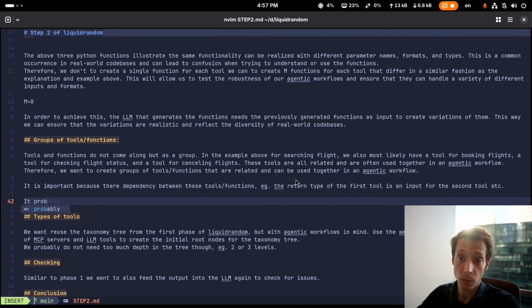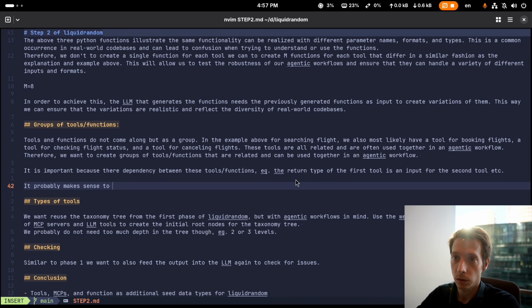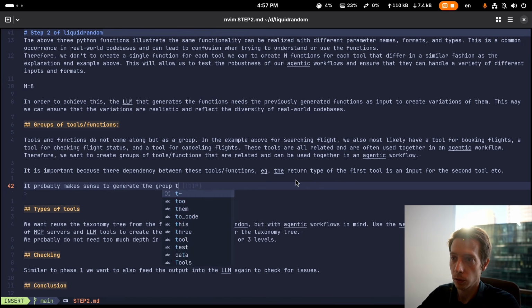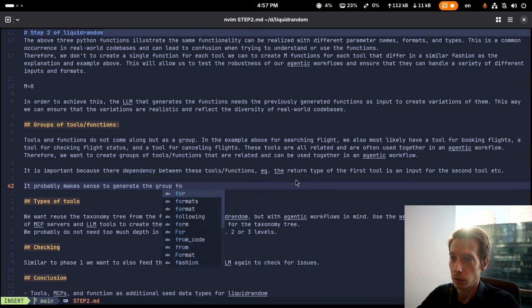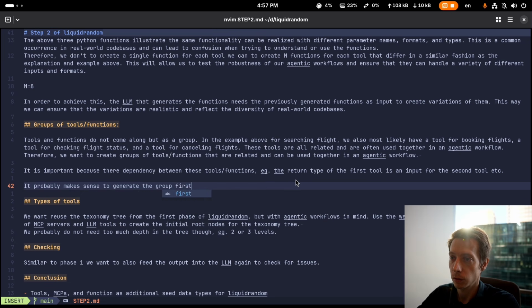Also, it probably makes sense to generate the group first and then the variations,